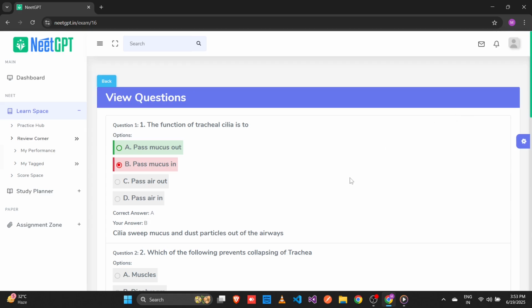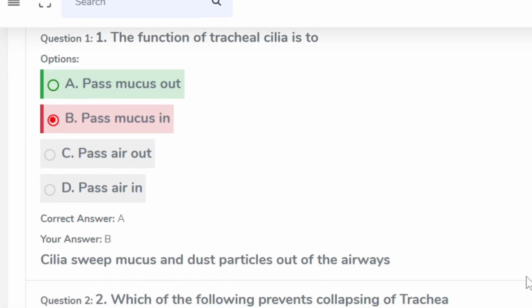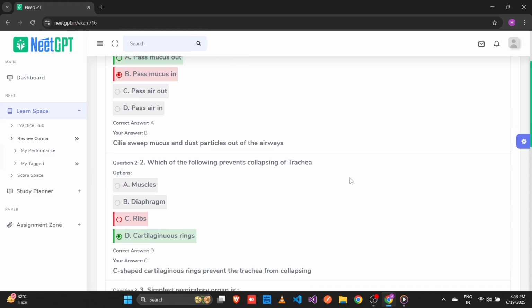You can now explore every question, including the full set of options, your selected answer, the correct answer, and a complete explanation for each question. This allows you to evaluate not only your performance, but also your thought process, helping you learn from every mistake and build confidence. Every detail is laid out in a structured, easy to understand format, perfect for self review